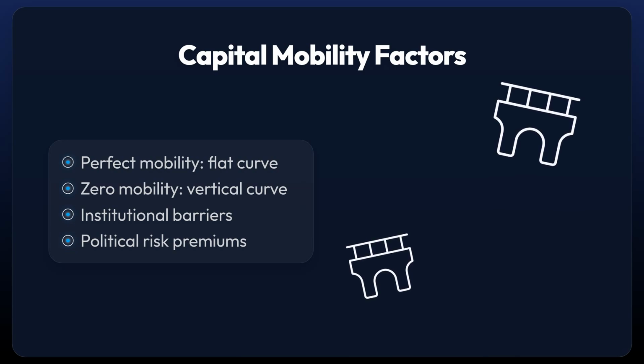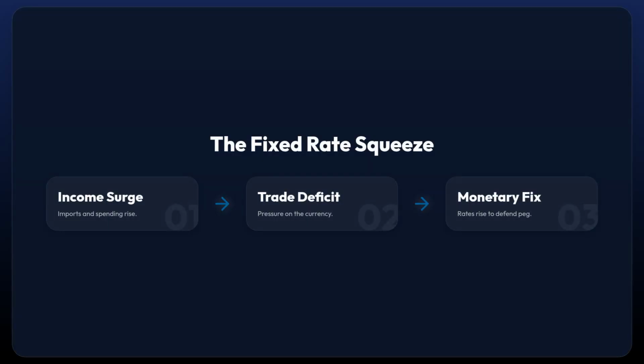In a fixed exchange rate system, the restoration of equilibrium is a forced march. Imagine a nation in an economic boom. As wealth grows, import demand surges, creating a trade deficit. Under a fixed regime, the central bank cannot let the currency depreciate. Instead, it must allow interest rates to rise to attract foreign savers. This differs from a floating system, where the currency would simply lose value to make exports cheaper and naturally fix